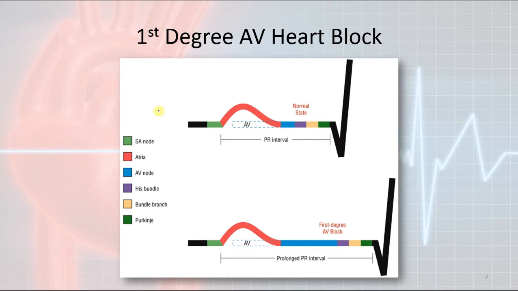Where the delay occurs is, if you look up here, this is a normal PR interval. Each color, as you can see, corresponds to a particular area of the conduction system all the way down to the ventricles. In a normal cardiac depolarization with a normal PR interval, you have your SA nodal depolarization that occurs right here, as you can see. The signal itself travels very quickly down to the AV node. Now the AV node holds the signal for this amount of time right here. This allows for this red bump right here, which we see as a P wave, that is your atrial contraction or depolarization. Then it lets go, the signal right here